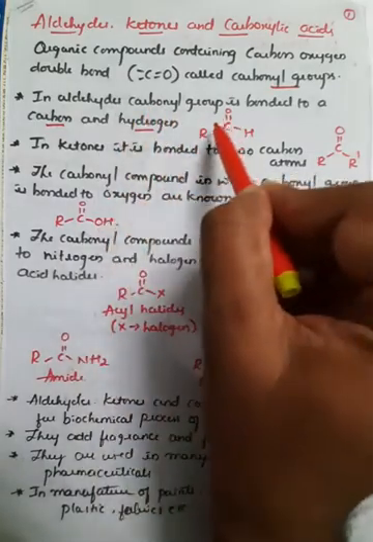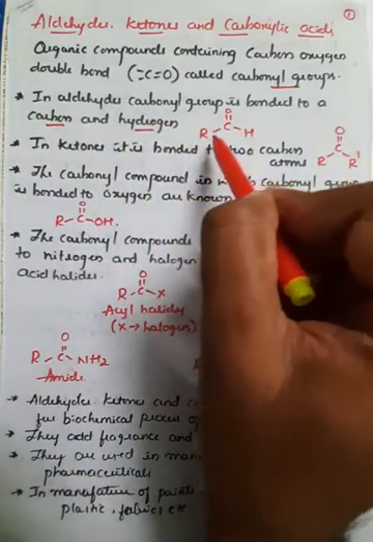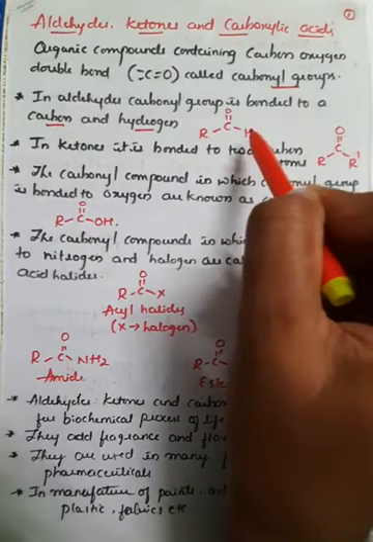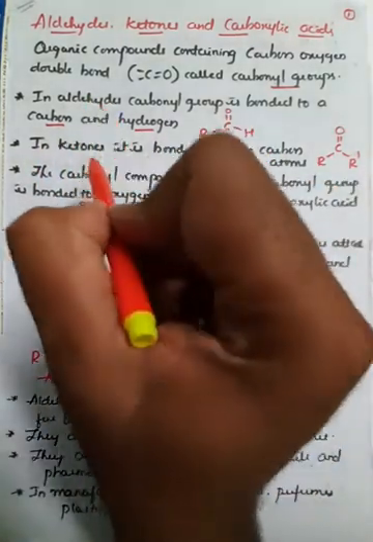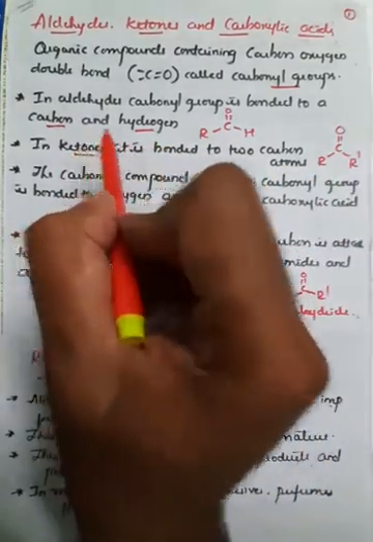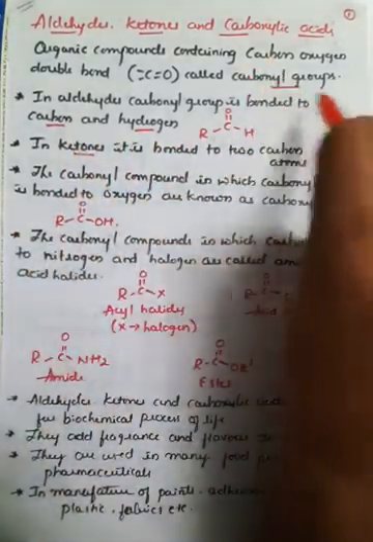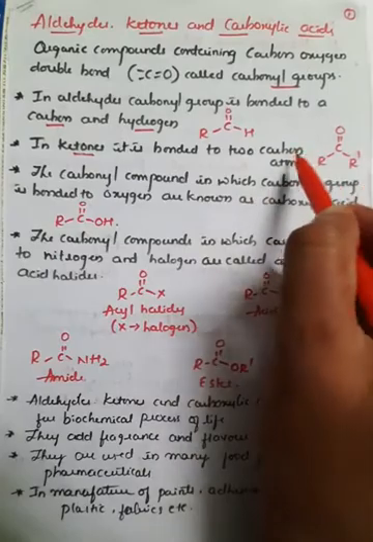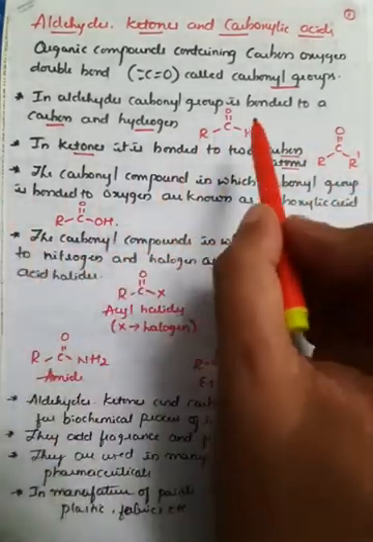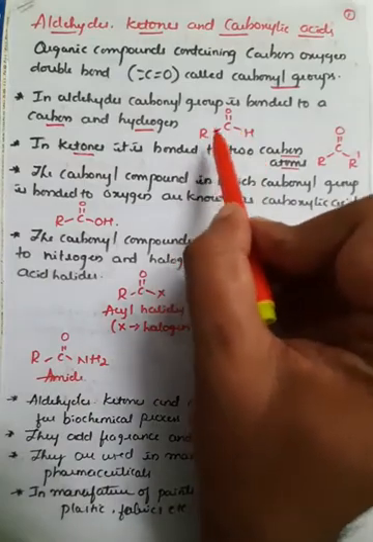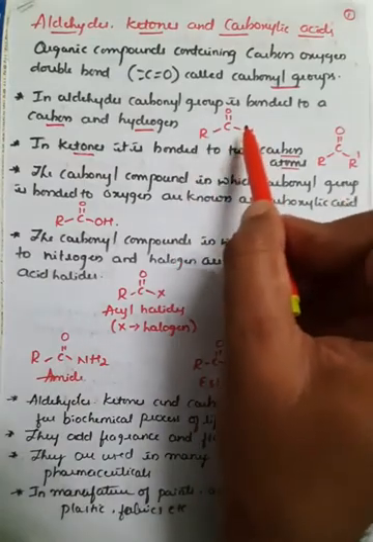So this is in the form of C=O, one side bonded with the alkyl group R and another side bonded with hydrogen, right? And if you compare aldehydes with ketones, what happens in ketones? The carbonyl group is bonded with 2 carbon atoms, right? So they may be alkyl or aryl, right? So observe the difference. Here it is bonded with one alkyl group or aryl group and the other one is a hydrogen atom. But